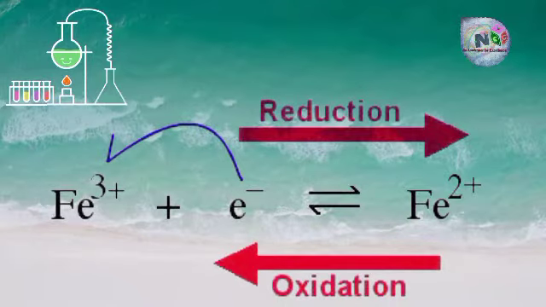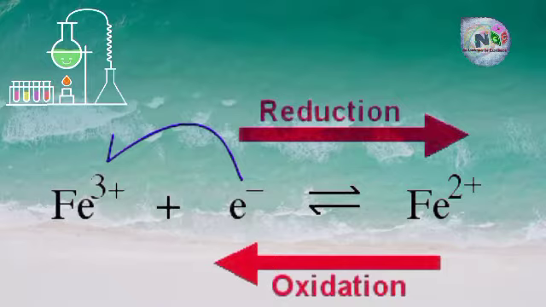Let's see one common example of redox reaction in which reduction and oxidation take place simultaneously. Here Fe3+ and Fe2+ are two cations of iron metal. When iron gets oxidized, it forms Fe2+ ion by losing two electrons. When it loses one further electron, it turns into the Fe3+ ion, and this reaction is known as oxidation reaction. On the other hand, when Fe3+ ion gains one electron, it turns into Fe2+ ion, which is known